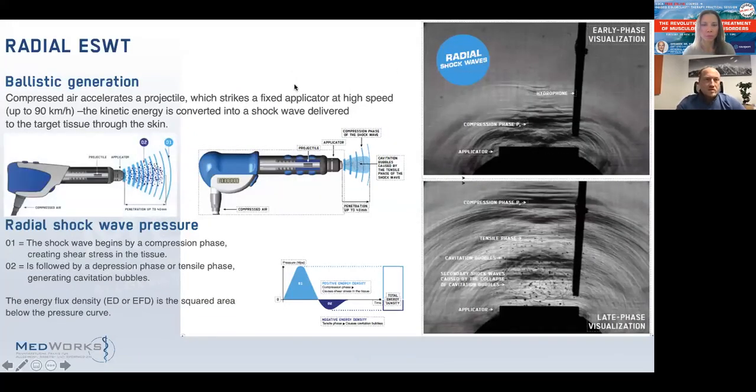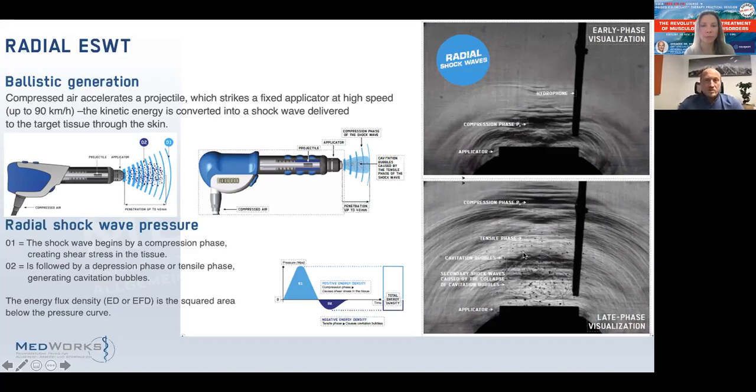Yeah, just as a short summary of what we have technically. The first is the radial shockwave, which has a ballistic generation. It's a projectile that is forced to 90 kilometers per hour by compressed air. And then if it hits the applicator, here you can see the shockwaves at the front, and you have the first phase of shockwaves, then the secondary shockwaves, and the black ones you see here are the cavitation